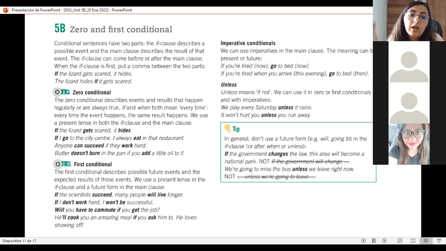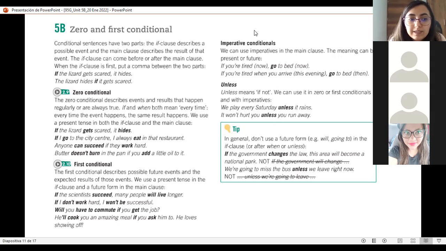Estamos condicionando algo. Y la segunda parte o la segunda cláusula, que es la que describe el resultado o la consecuencia, ¿no es cierto? En este caso, nosotros nos vamos a enfocar en el zero and the first conditional. What happens with these two? ¿Qué pasa con estos dos?